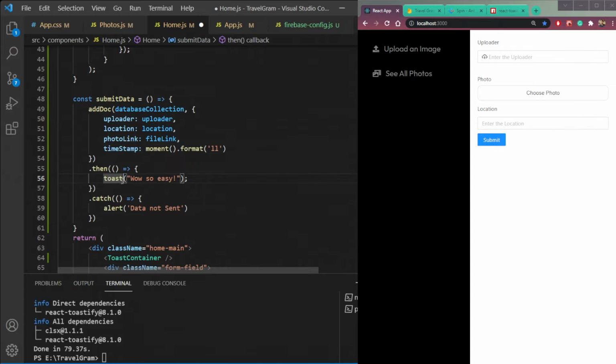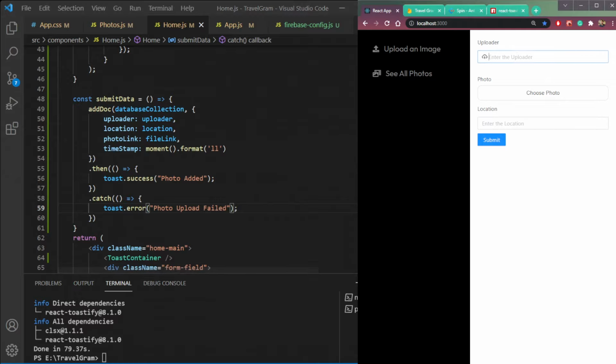So toast.success, photo added, and if it is not added or we get an error, we can just say photo upload failed. Okay, sorry, spelling wrong. Failed. Save.